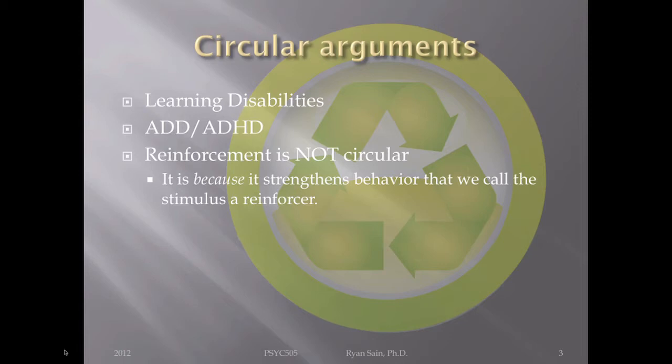Part of the reason is that we can generalize that reinforcer to other behaviors and then strengthen the behavior accordingly. But we don't know if the reinforcer will work until it already has. We have to wait to see the empirical side of it. We can't just guess. So sure, if we extrapolate a little bit, yes, I'm drinking Diet Coke because I've been reinforced for it. That's what you would expect, right? Based on what we know about reinforcement.